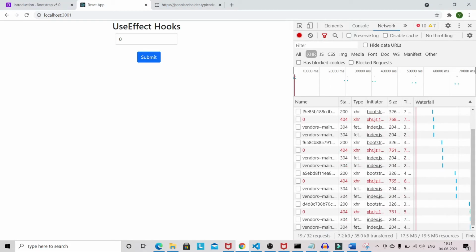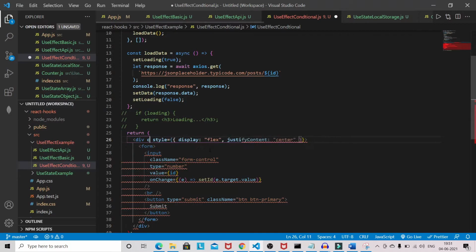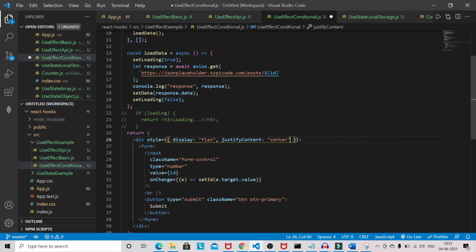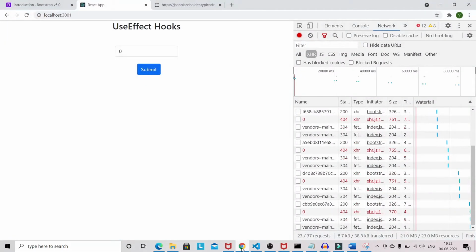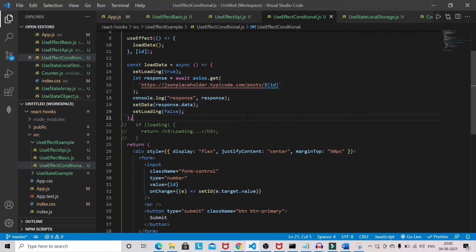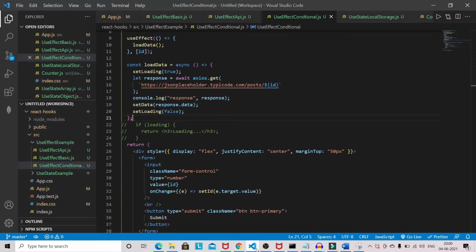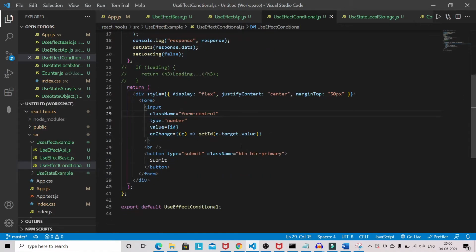Let's see. No effect, so I will give margin top 50 pixel. Now guys, here we don't need this button. This button is not required here, so I'll remove this button.